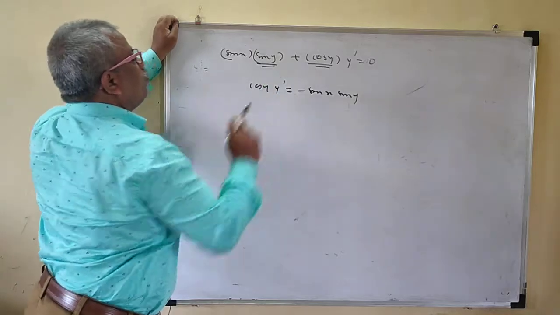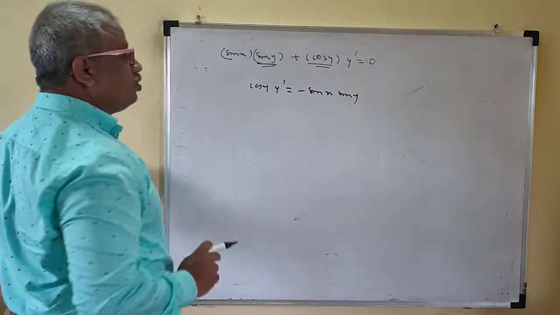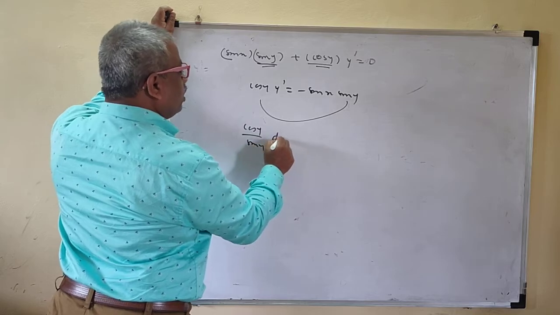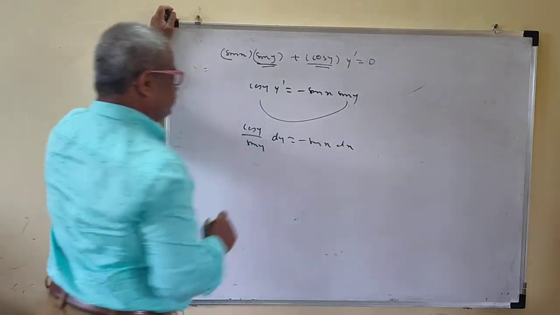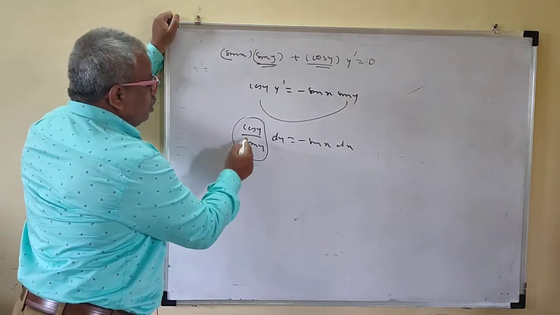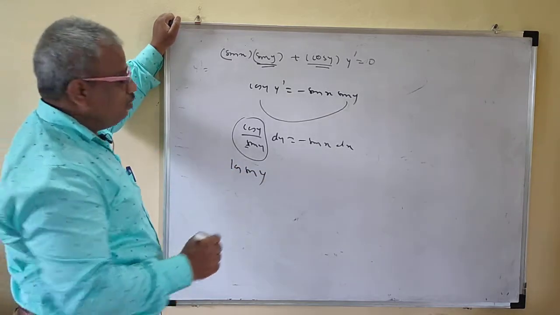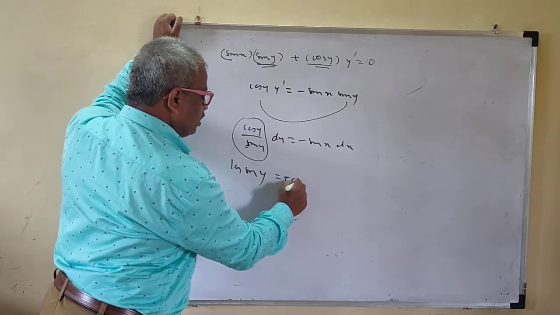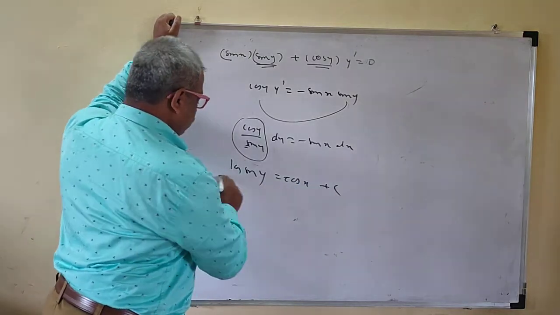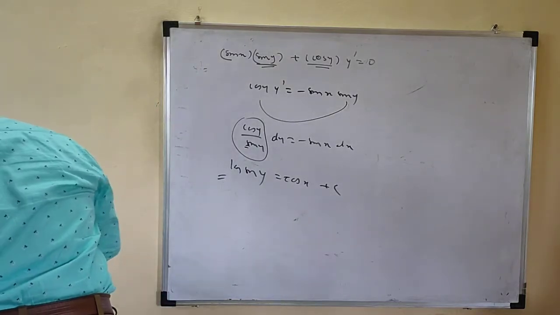So this is a function of y, no problem for this. Is it a function of y or did I make a mistake? Yes, this is a function of y, no problem. So I shift sin y to this side. So this is cos y upon sin y dy equals minus sin x dx. Now the integration of this: the derivative of sin y is in the numerator, so this is log of sin y. Log of sin y is equal to minus, becomes plus cos x now. The integration of sin is minus cos, so minus minus becomes plus, plus c. So this will be your solution. So remember this.